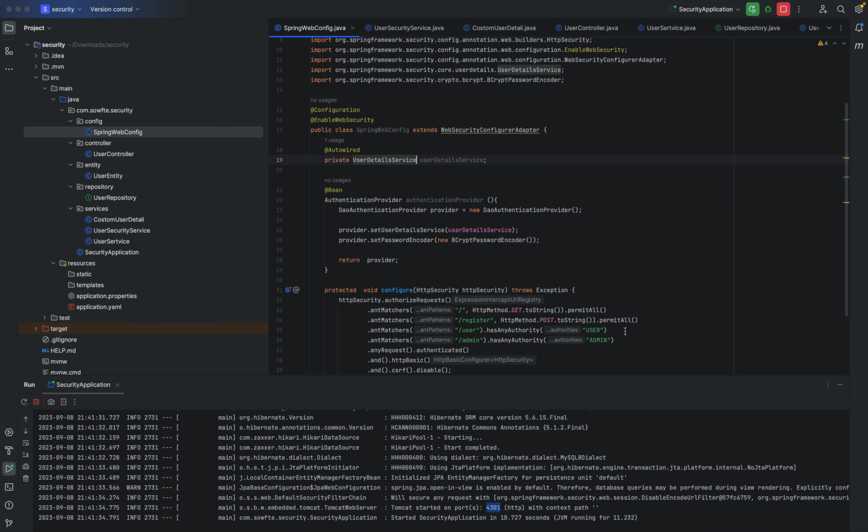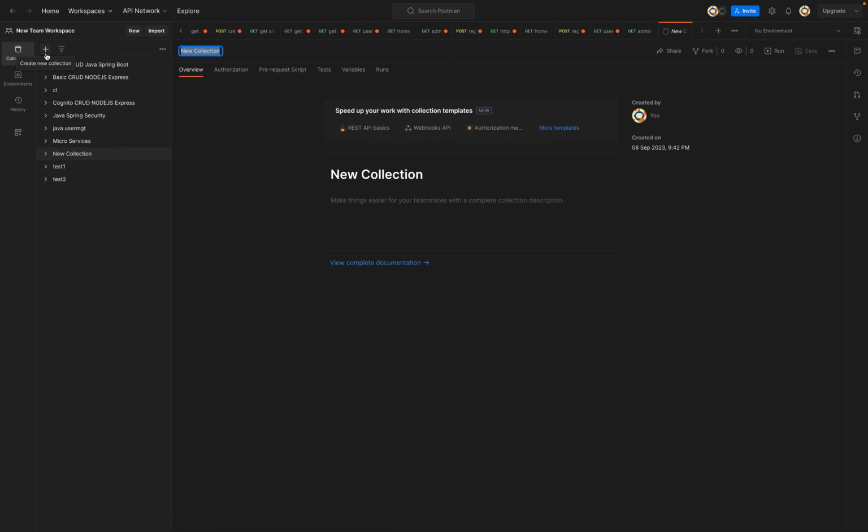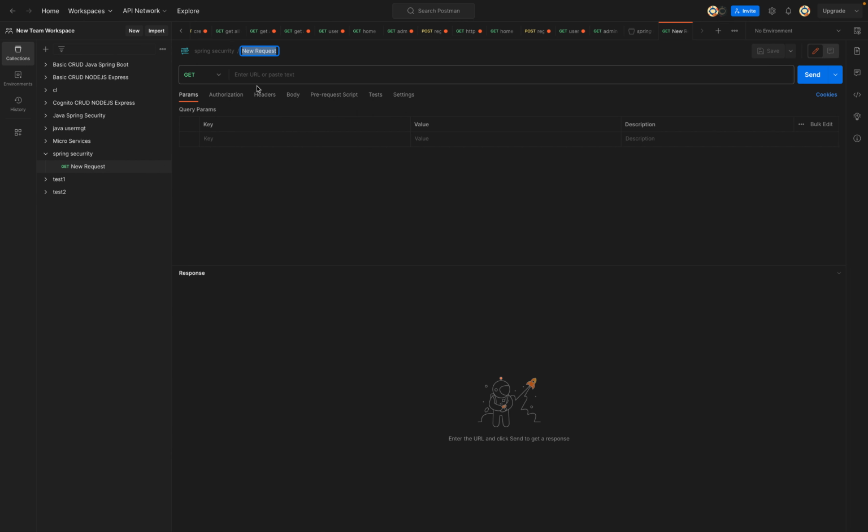So right now I'll go to Postman and test every one of these endpoints and see how this works. For that, I need to add a new project right here on my Postman testing tool. Let me call this Spring Security, and then I'll have a couple of methods in there for the home route. So quickly, let's add a method to test the home route, and let me call that home,